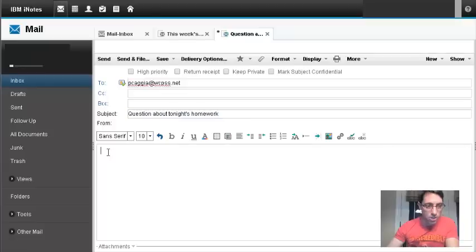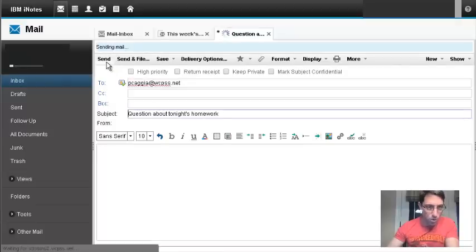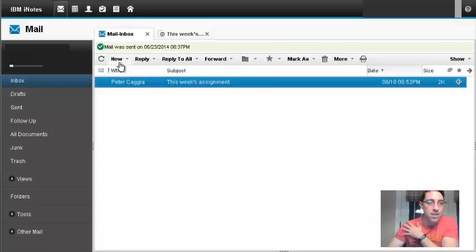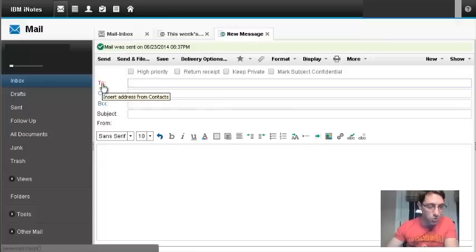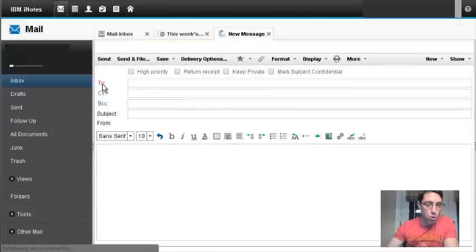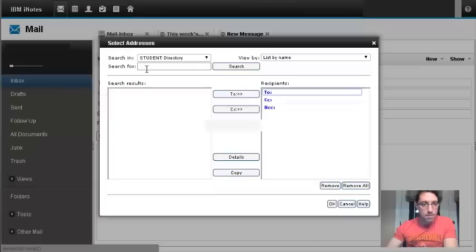You'll type your message in this box here, and then you'll click send once you're done with that in order for that to go along on its way. To send a message to another student who is a classmate, again, you can get their full email address from them, or you can find a student by clicking on this To link, and it'll bring up a dialog box